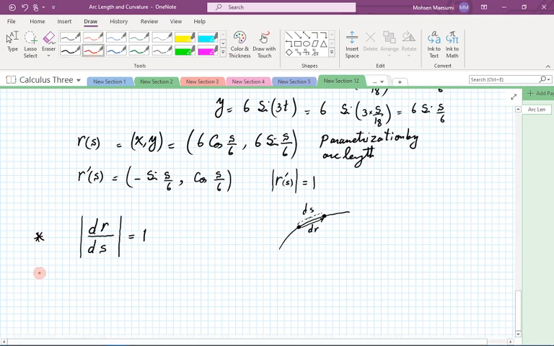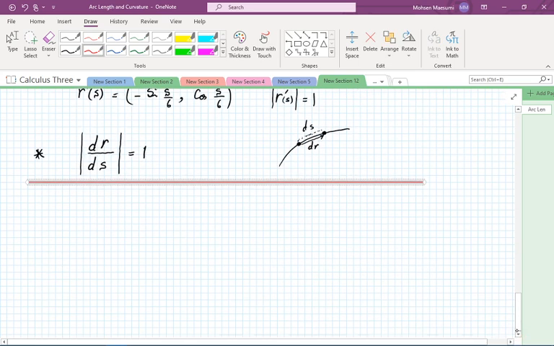Okay, what are we going to do with this topic? It is significant by itself, and a major application of this thing comes in calculation of curvature. So the next topic up is how to define